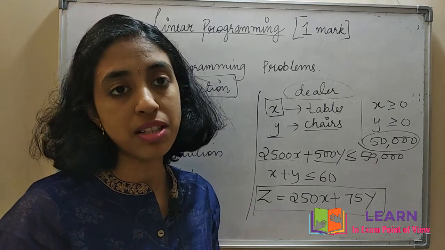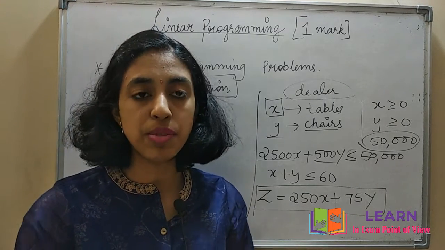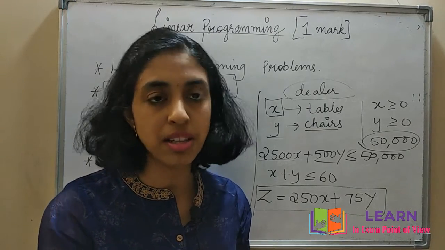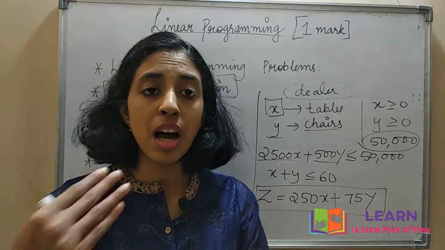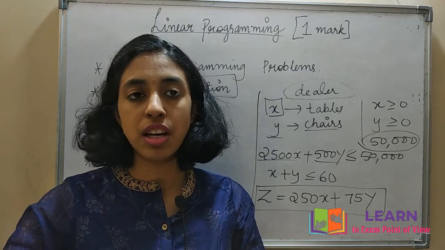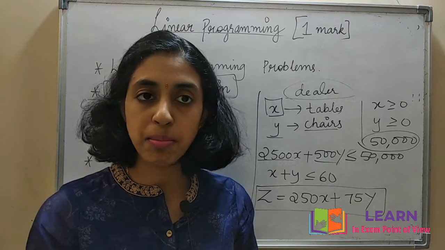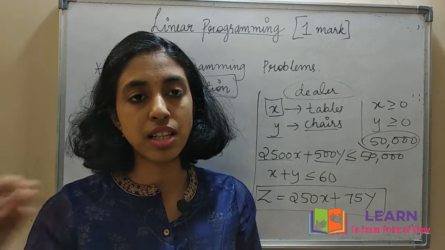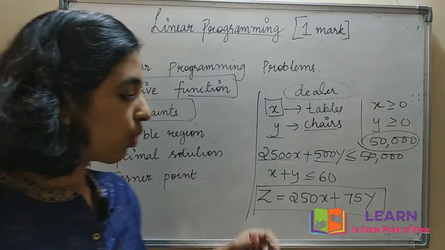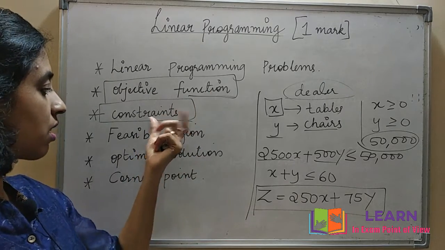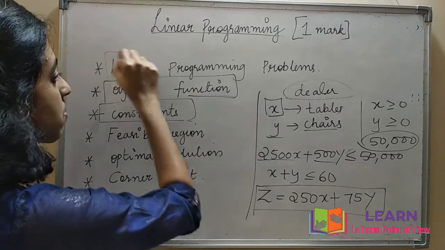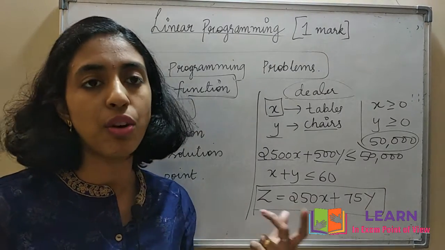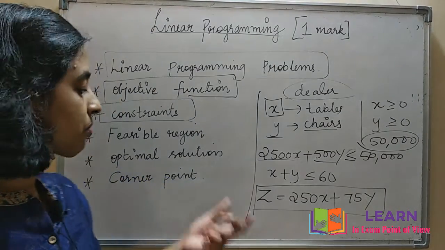How to maximize it? Usually in this chapter we will graphically represent it. Either we have to maximize a particular problem, otherwise we have to minimize. In the case of cost, minimal cost is good. So in some cases we will maximize, and in other cases we have to minimize. So objective function is clear, constraints are clear. These types of problems are called linear programming problems, where either we maximize or minimize.